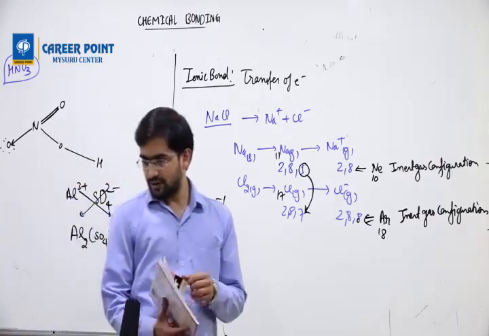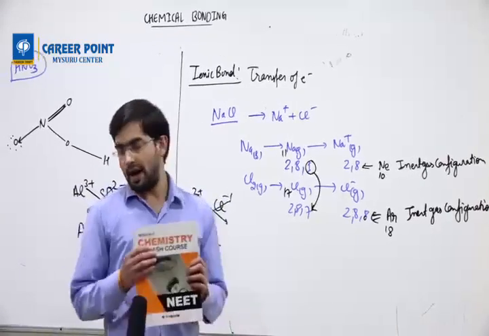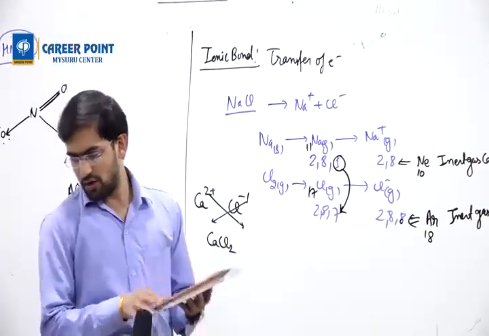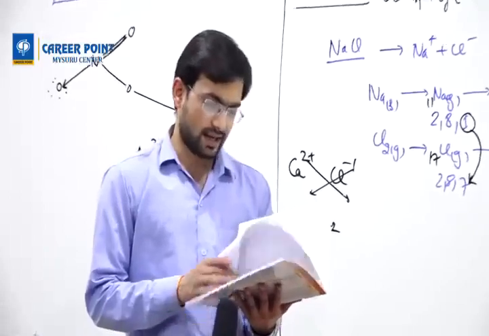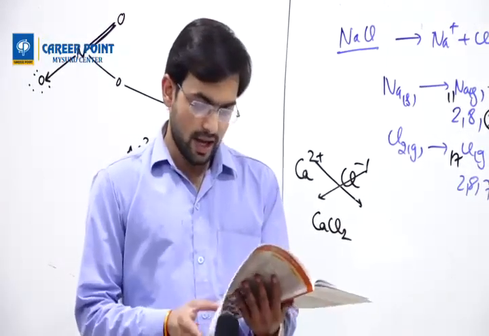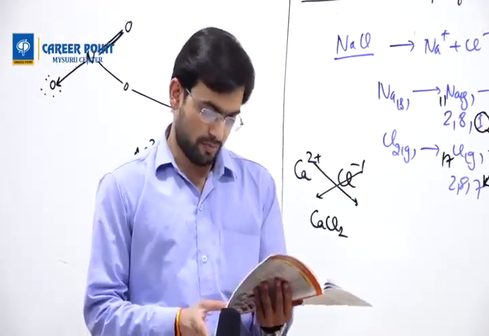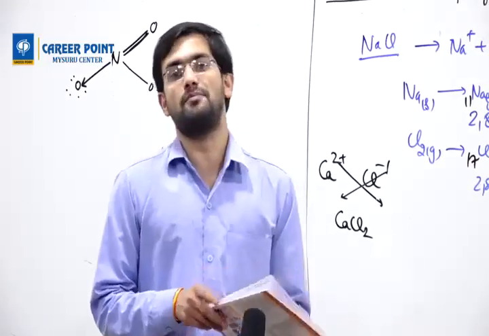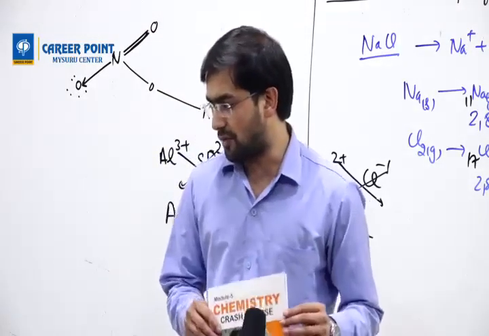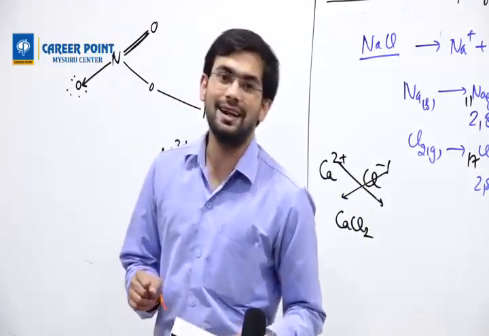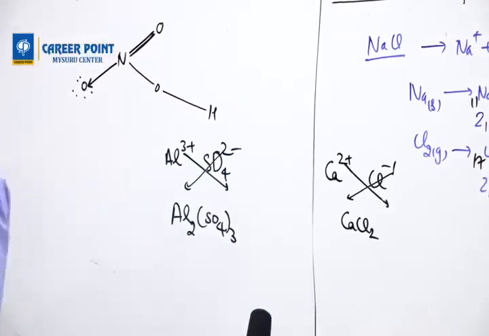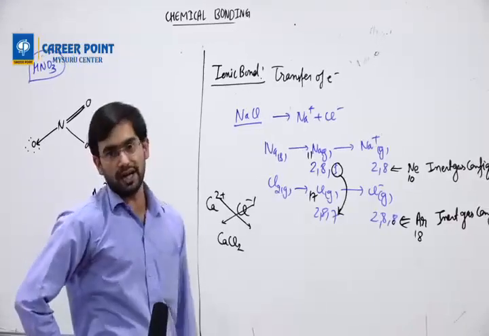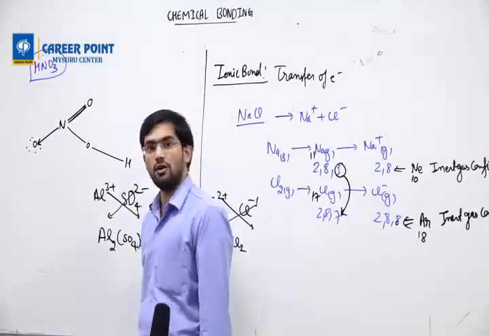Okay, so now module 5. In module 5, the exercise for the second chapter, chemical bonding, is on page number 59. It has a total of 45 problems. Try to solve the 45 problems. We'll continue in the next class. If you have doubts, tomorrow in the next class I will be able to clear all your doubts. Understood? So please solve this module.